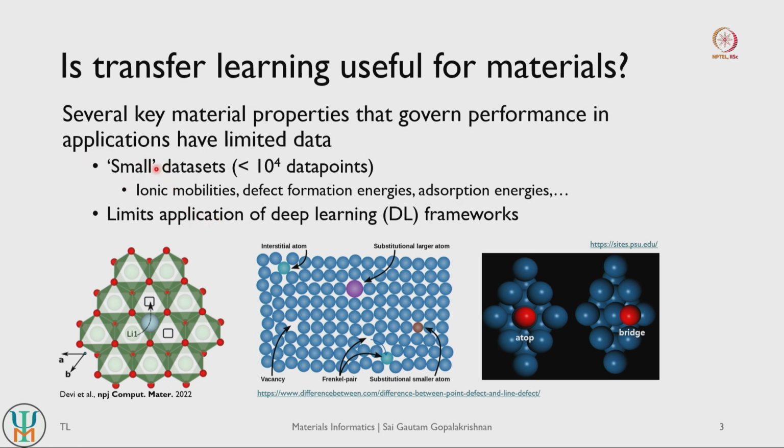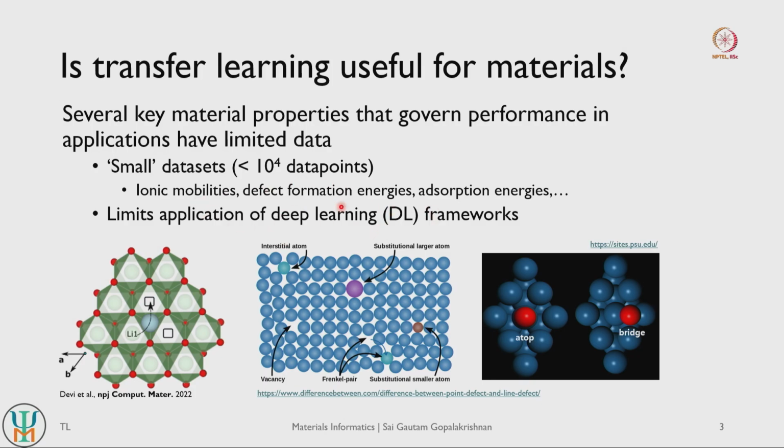And since we have small data sets, it limits the applicability of any deep learning frameworks that we can actually use in the field of materials. Remember, the deep learning frameworks have a lot of weights and biases, because you go through several mathematical operations in order to generate your final set of embeddings and then your final set of predictions. So you have lots of weights and biases that go into your different convolution operations, your different message passing operations, and your eventual predictions as well, which is usually done by an MLP.